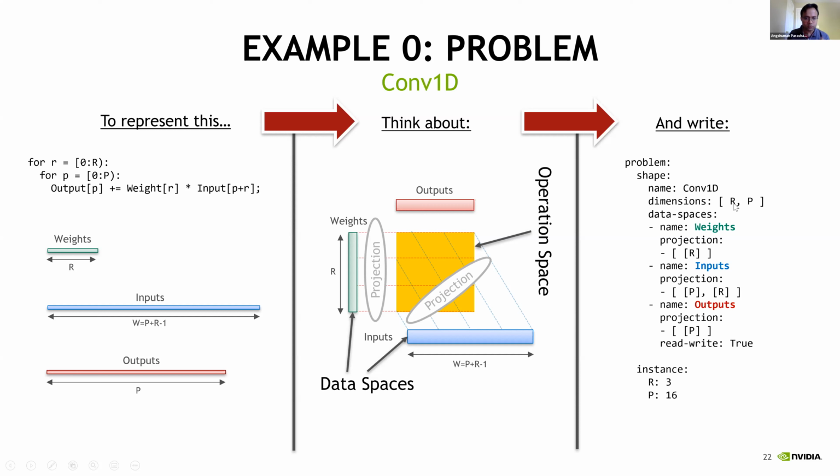We take the R that was defined above, and that R is the only index that I need to use to index my weights. For input, it's still one index, but it's the sum of P and R. And as I said, this is sum of products notation, and that's why you write P and R in the list. And for outputs, again, it's very simple. It's just a single dimension P. And for outputs, we need to make a special note here that this is a read-write data space. And so Timeloop knows that you're going to be performing read, modify, write operations to this data space. Okay, so that's my problem spec